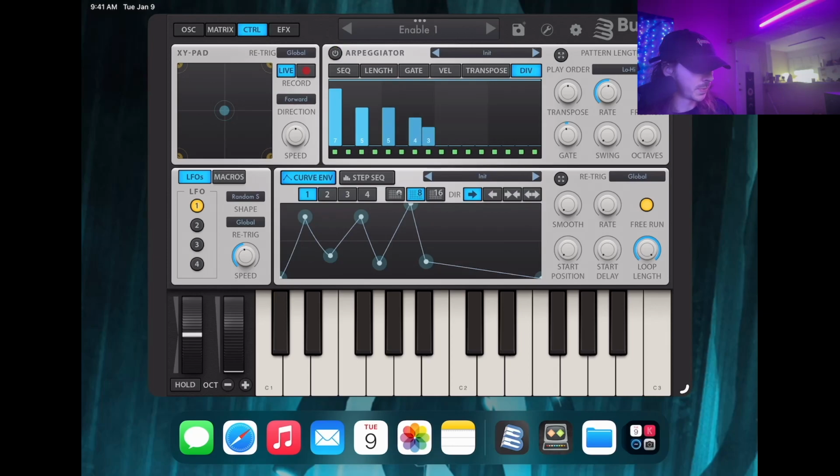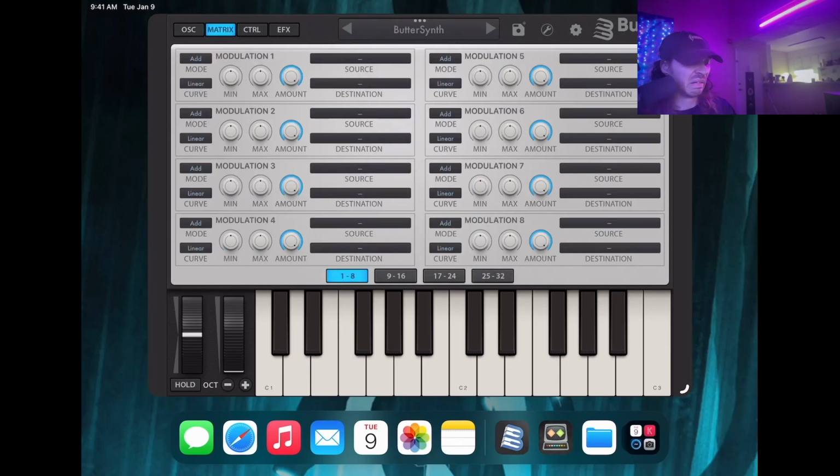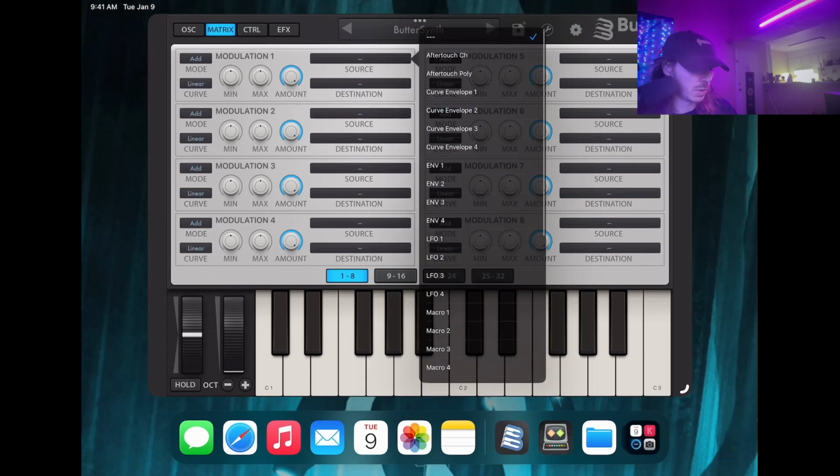I don't know, that's pretty cool. It's got an XY pad, and the way that you get to all this other stuff is by, unfortunately, setting it up via the matrix table. It's one thing that I don't like about this synth. There's no drag and drop features, but what you can do is say, all right, well, I'm going to take